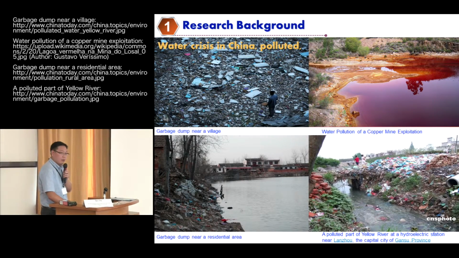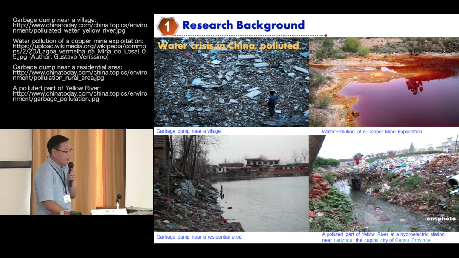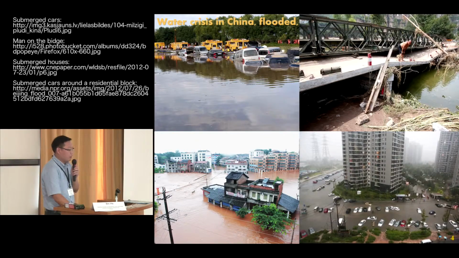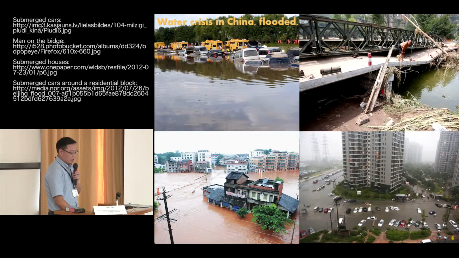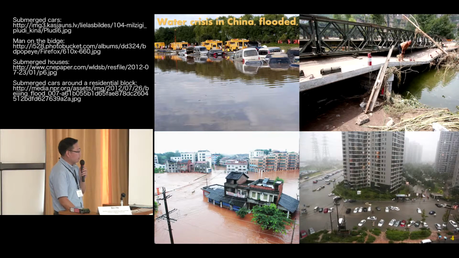As you know, in China, water is a big problem. The first one is that the water has been seriously polluted in most of China. Garbage and industrial pollution have flowed into the rivers and lakes. Another one is flooding. In July, last month, so many cities in the south of China were flooded. After an inundation area has been flooded, the chemicals and pollutants will be transported through